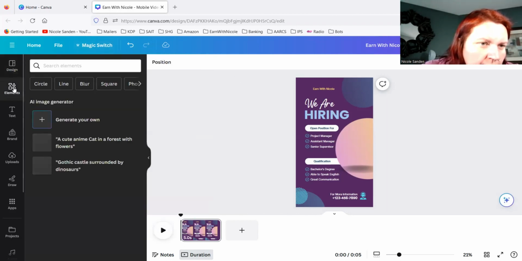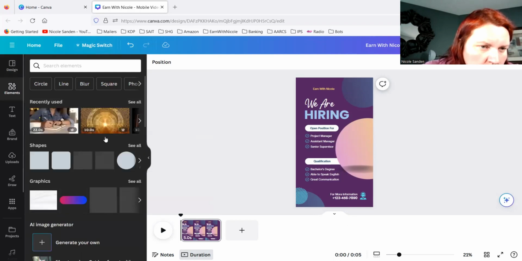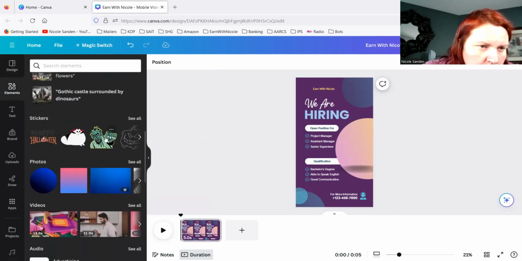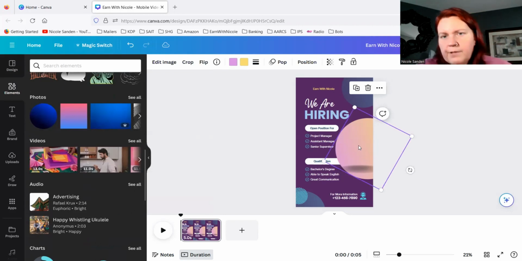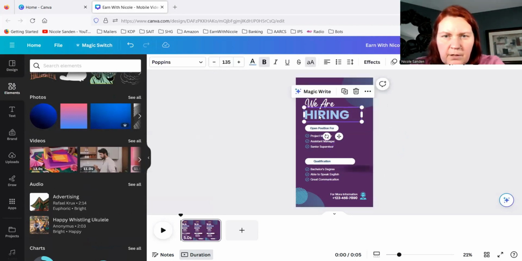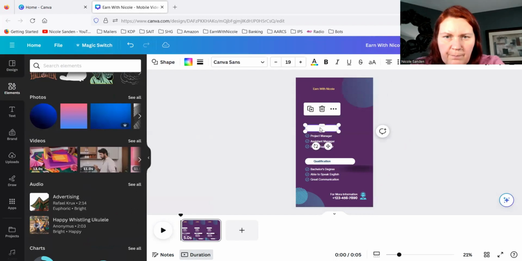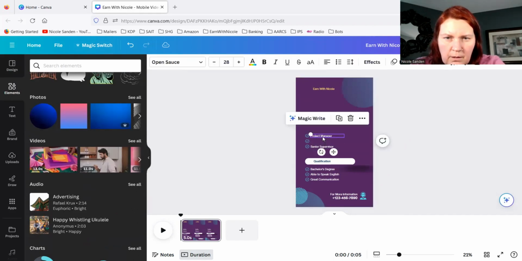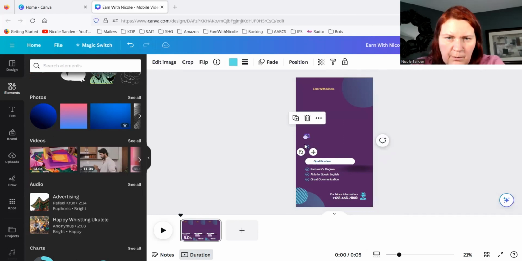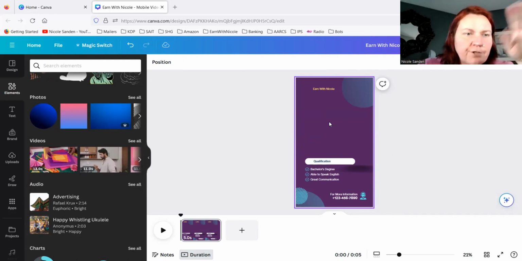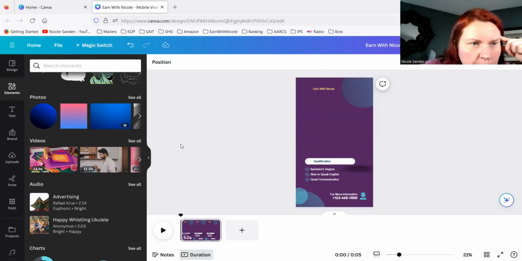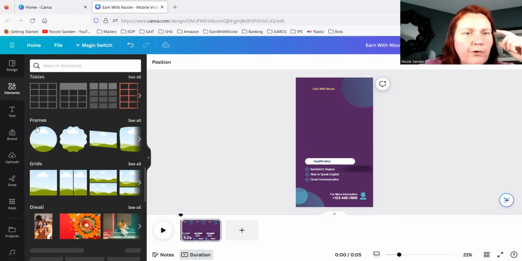So if I looked at any of the elements in here, let's see. So let's say I wanted to add a, you know what, this is kind of cool. Let's just, I'm going to get rid of some stuff here, just so I have a place to work from. A little bit of a blank canvas. We could have started with a blank canvas, but when you're just getting started with it, I find it really easy to just start with a template. So you can just modify it and then you can really get to know Canva and what it's doing. But this is kind of fun. So these frames down here,